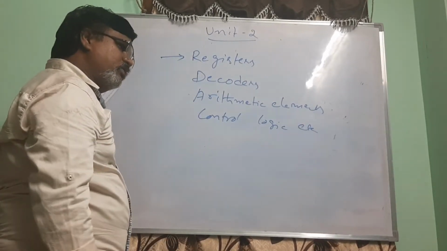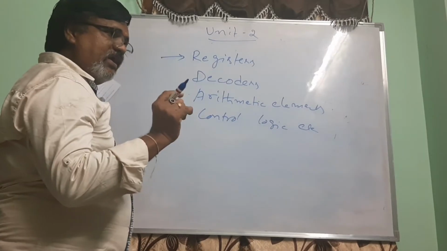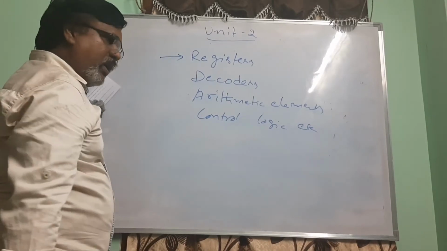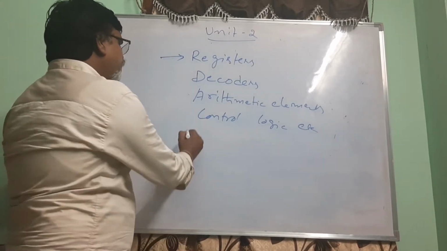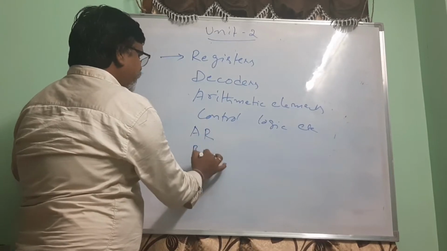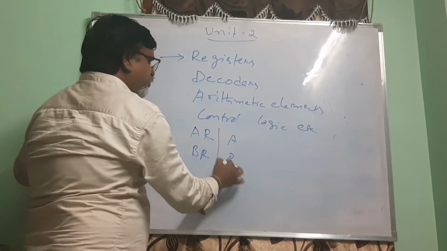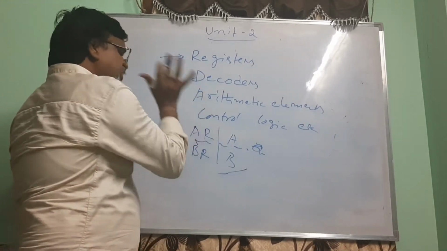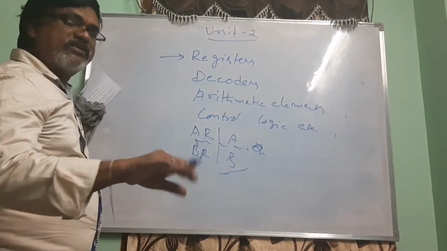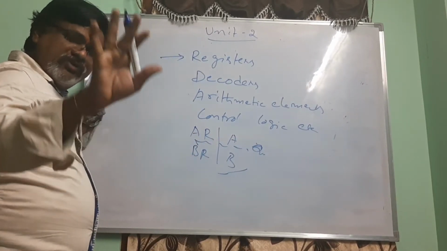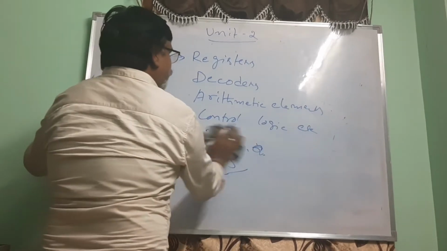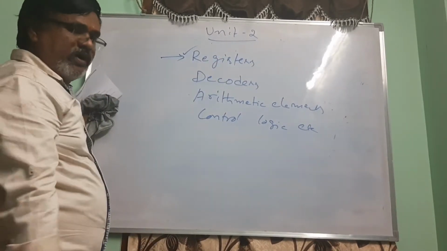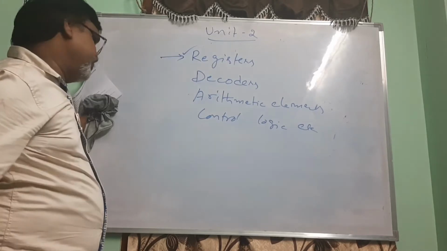We have told in the first itself that there are some temporary registers. Whenever I draw the flowchart for addition, subtraction, multiplication, I have also discussed AR, BR, like R, A, B, Q. These are all registers that hold the data. AR is a register, BR is a register. They hold data in the form of zeros and ones. So registers are one of the first important modules of your hardware part, that is your digital system.